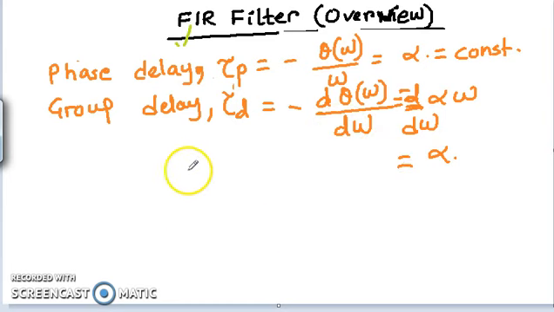So that means when a signal is transmitted, suppose there is a certain delay present in the system, and due to the system there occurs a delay in the output. Now, if the group delay is constant, that means the output is distortionless. But when the group delay is not constant, for an LTI system, the output signal will be